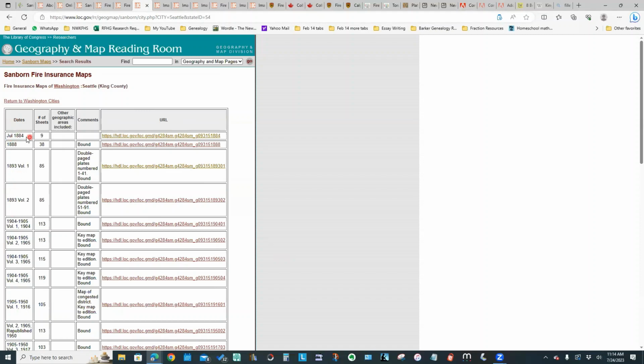So I thought they've got one back to July 1884. They've got in 1888, 1893. So as you can see, there is a real range of maps, some of them quite early. So here it's showing the number of sheets that they have digitized. So there are 9 images associated with this 1884 map. There's 38 sheets with the 1888 map. So I selected this first link, clicked on it,